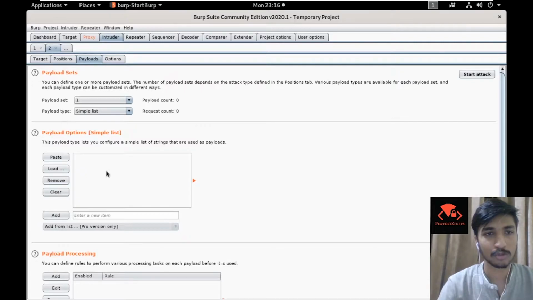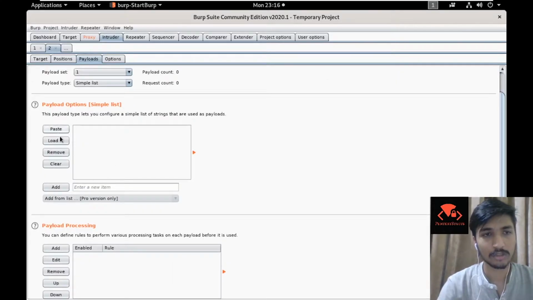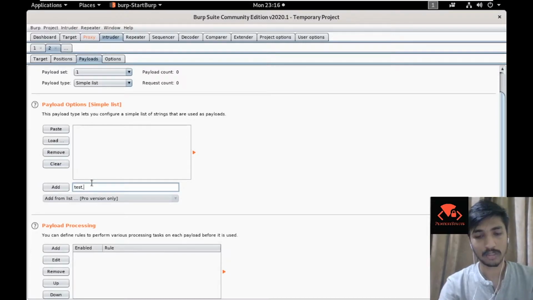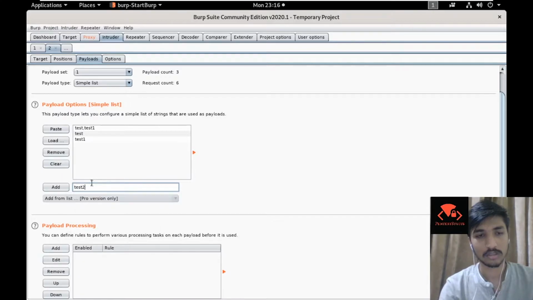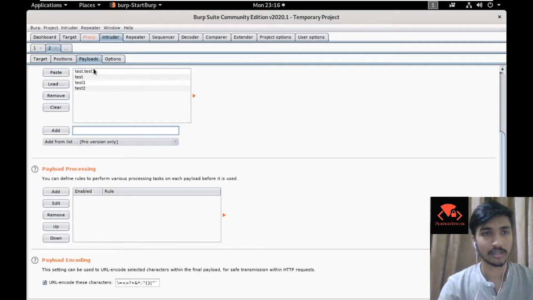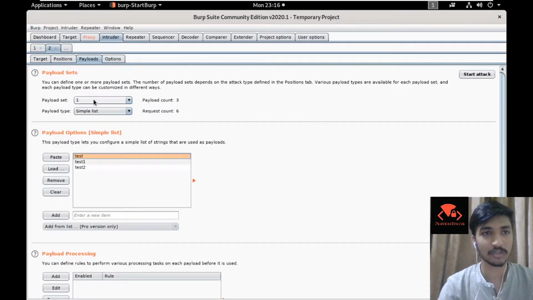Then we would go to payload, and you could either load from a list, and loading from a list is available only in the pro mode, or you could type test, test 1, test 2. So these are for list 1.